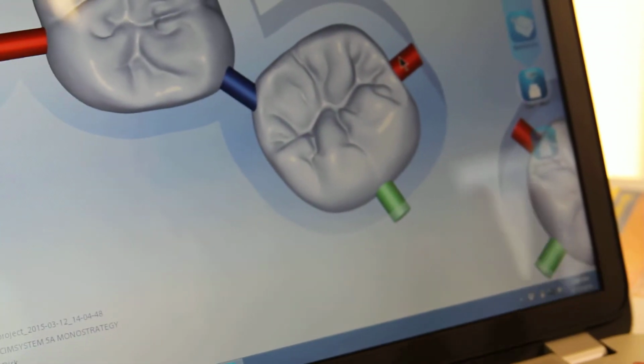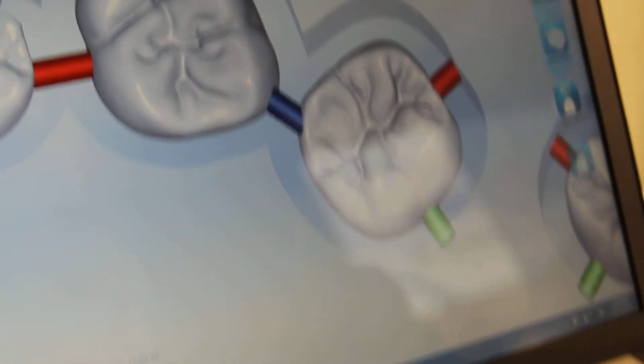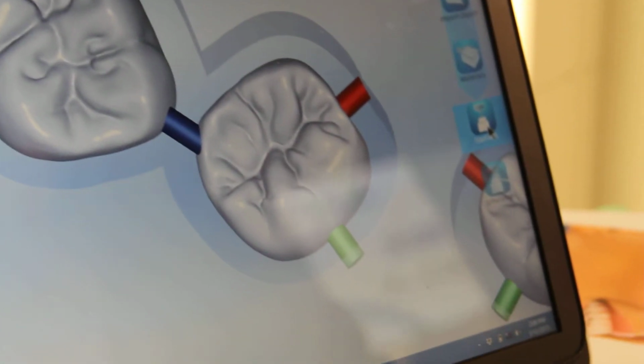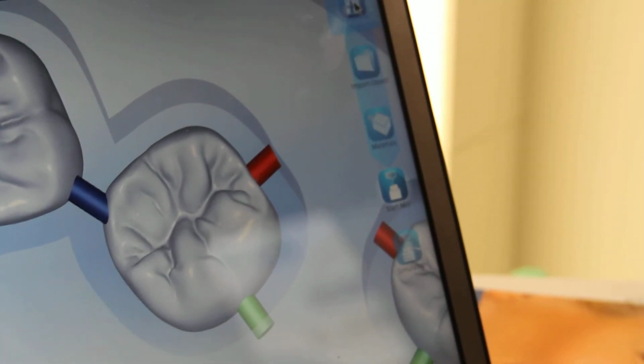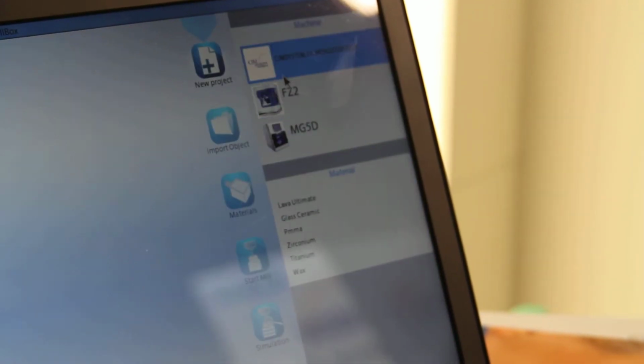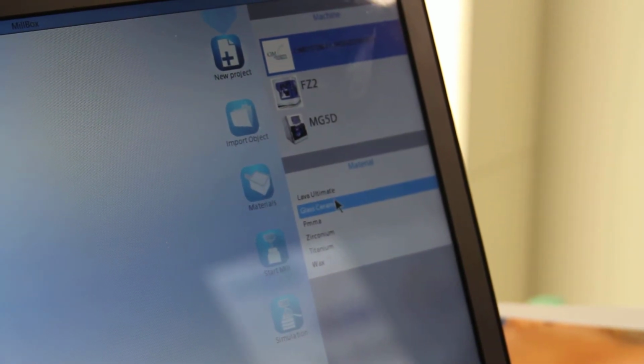So one of the other things that we also have at this point, let's say I'm done nesting, what I would go ahead and do is hit start mill, and this would calculate. I'd have a file that I can send out to my mill. In this particular instance, what I'm also going to show you guys is the multi-layered stock that we're going to be working on. With a lot of the new multi-layered stock from Katana,